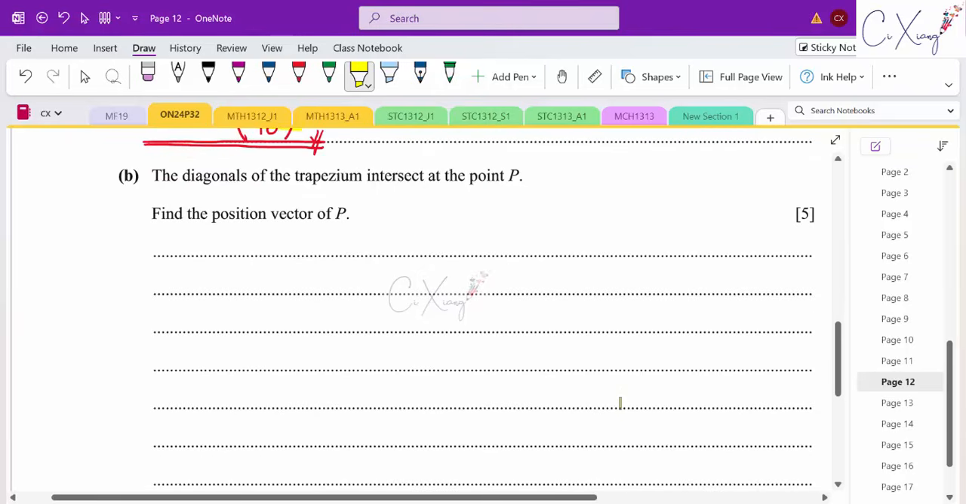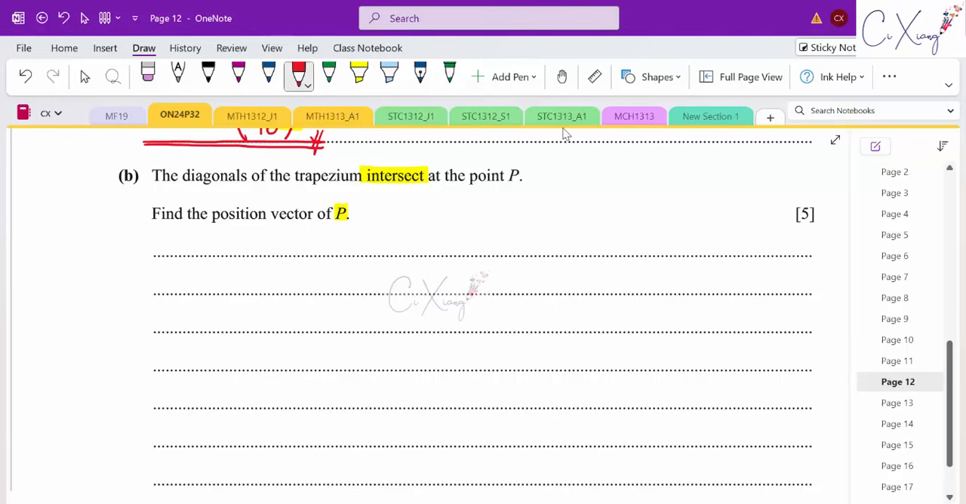In part B, they are saying that the diagonals of the trapezium intersect at the point P. So find the position vector of P. Now they want us to find the intersection point. To find the intersection point, if this were a 2-dimensional vector, you can still form the Cartesian equation for 2 lines and then solve that. But too bad, this is a 3-dimensional case where I'm not able to form a Cartesian equation to find the intersection point. So what I need to do is like,